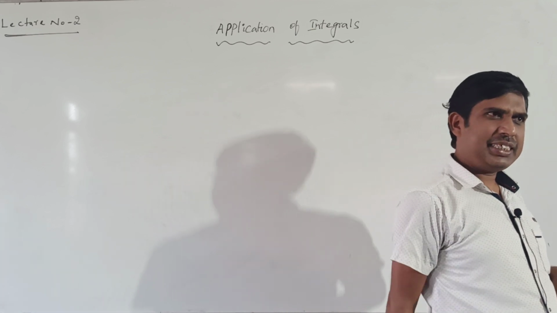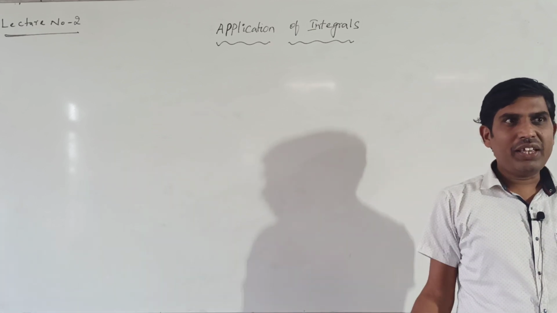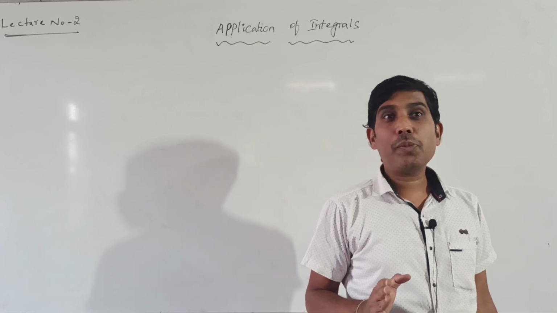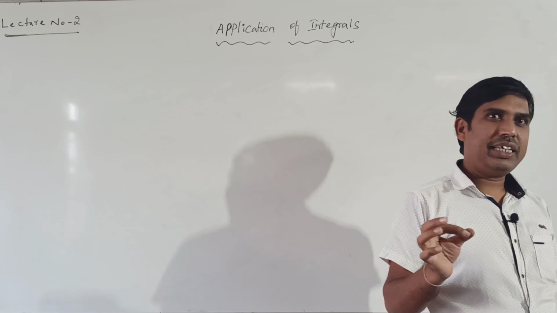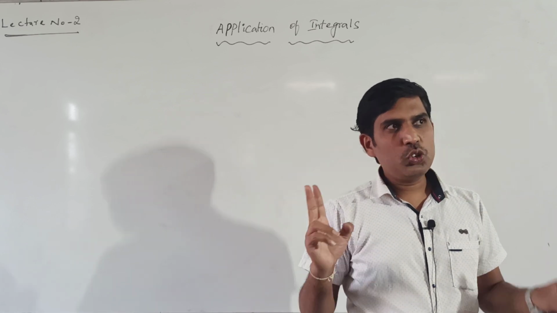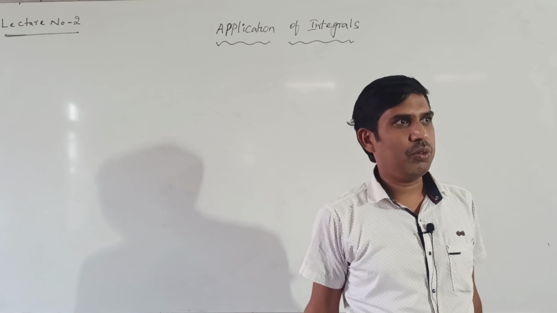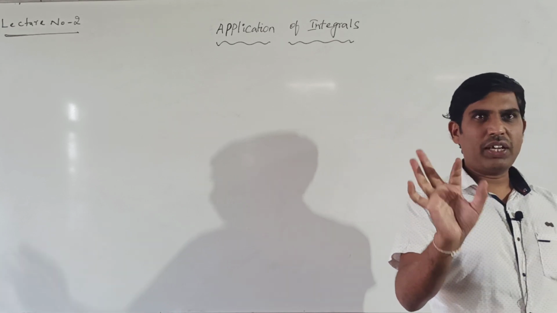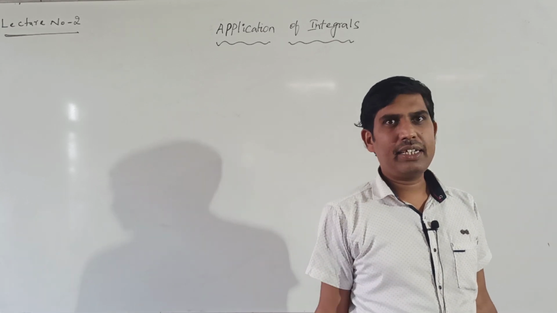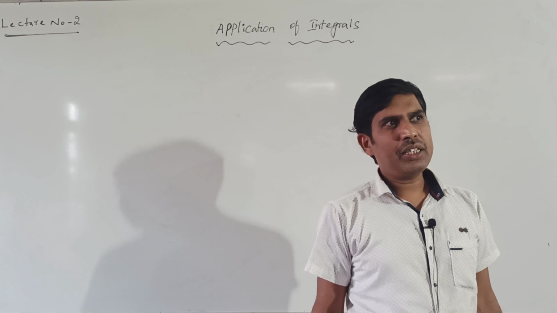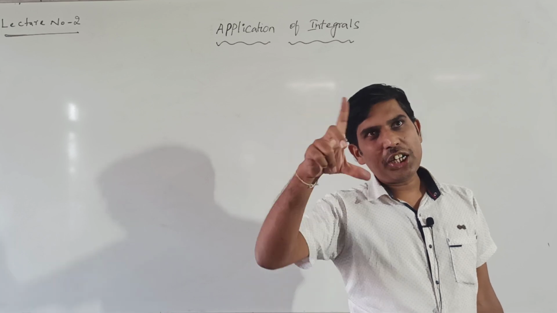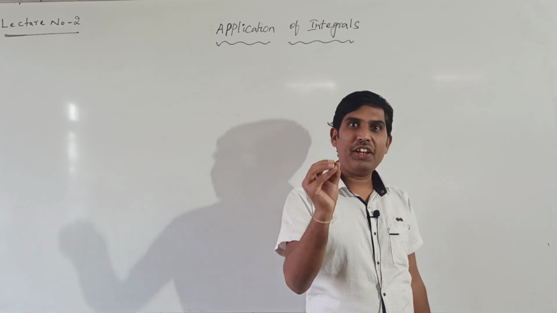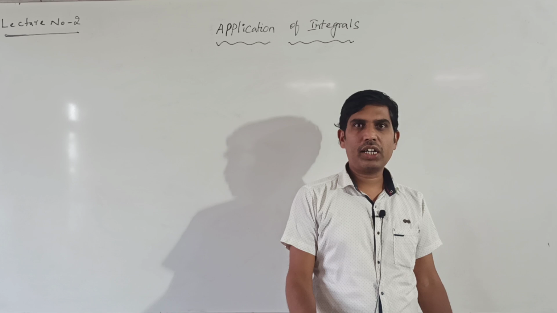When we have to apply y dx, and when we have to apply x dy. When the area is bounded with the x axis, y dx is the formula. When the area is bounded with the y axis, x dy is the formula. These are the only two formulas in this chapter. And one more, which we used in circle and ellipse, root over a square minus x square. That is the only other formula. Other than that we have nothing in this chapter, but we have different problems. If you draw the figure, we'll get an idea how to integrate or how to evaluate the given function or curve equation.